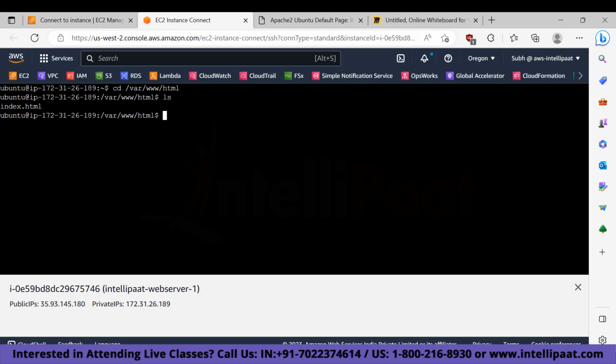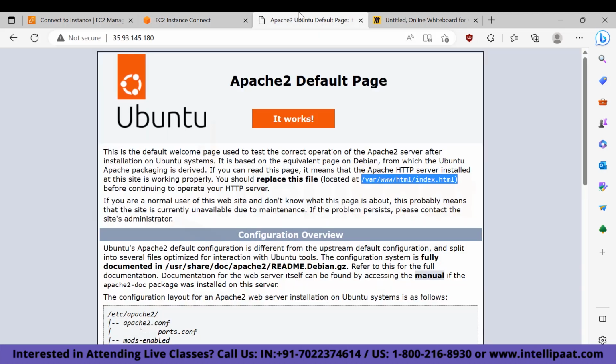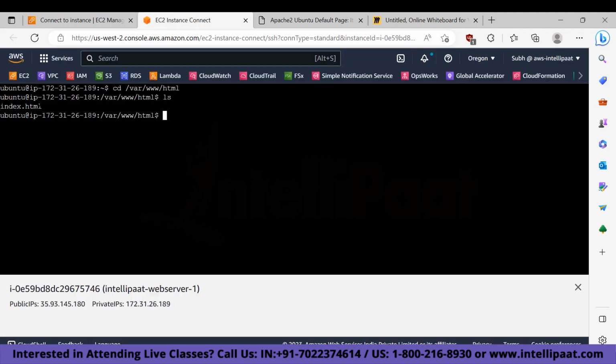So actually this index.html file is the particular file due to which we can see this content. Now what we can do is insert some of our specific data instead of index.html. For that we can type sudo echo and type "this is Intellipaat first server", and after that we will type index.html